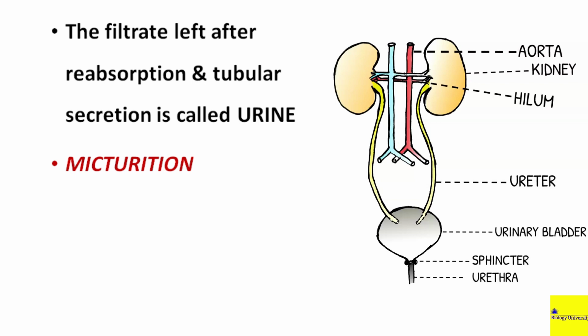After the urine has been formed, the final urine passes into collecting ducts to the pelvis and through the ureter into the urinary bladder due to gravity. From the urinary bladder, the urine is expelled through the urethra by the relaxation of the sphincter muscles. The sphincter muscles are located at the opening of the urinary bladder. From the urinary bladder, the urine then passes into the urethra under the impulse of the nervous system. Such a process is called micturition.